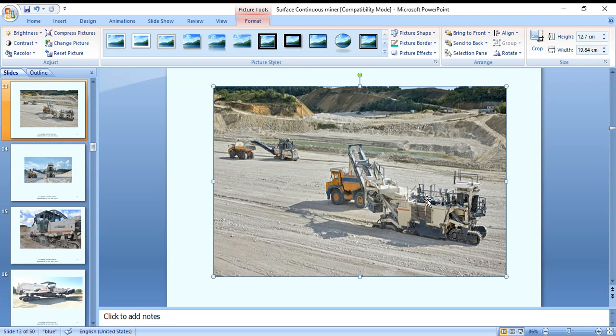Yes. So this is a cutting portion. Automatically the cut, crushed material comes outside, and there is another adjustable belt conveyor connected to it, so it directly goes into the dumper. Similarly, the next layer is going to be cut by the second machine also. See the view of the continuous miner working at the mine site.